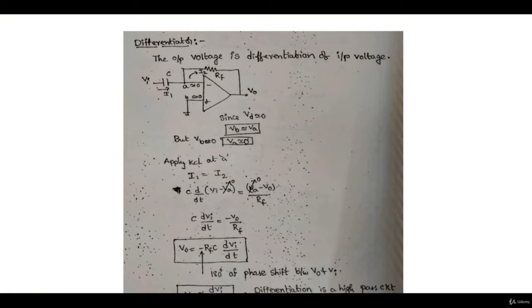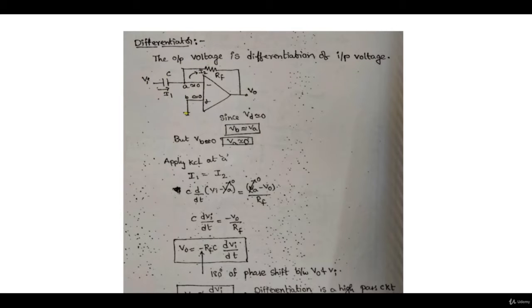Okay, so let's look at a differentiator circuit. This is the circuit of the differentiator. Vi is applied here, the capacitor is there, and current I1 is flowing through the capacitor. B is connected to ground, so hence A is also close to ground, a virtual ground. I2 is flowing through the branch RF, and V0 is there, negative, positive. So the output voltage will be the differentiation of the input voltage. This is the circuit diagram using an op-amp.